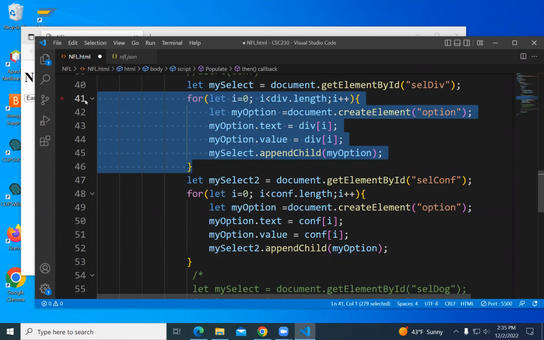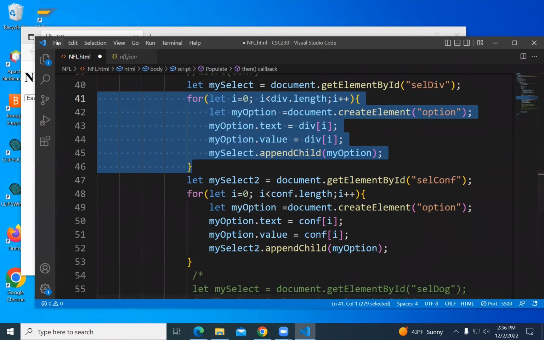My select belongs to the function, to the populate function, but not to the loop. It has a bigger life. So I and my option only belong to the loop. When the loop is done, so are those things, and so I could use those names again. But my select hangs around for the whole populate, and so I can't use that name again. I could use the variable again without the let if I wanted to use that variable twice. But I want to dispatch an event for select, and I want to dispatch an event for my select 2. So I decided to give them two different names.